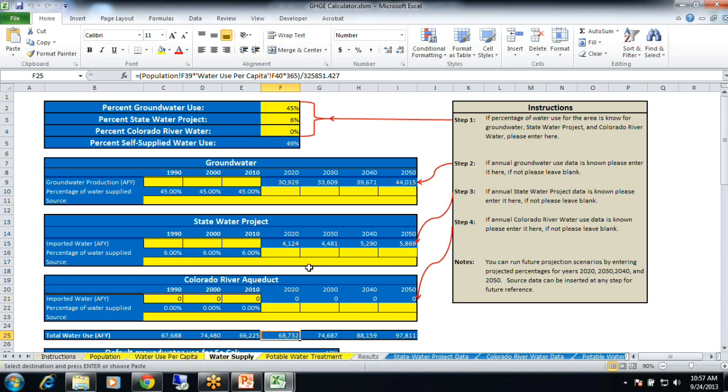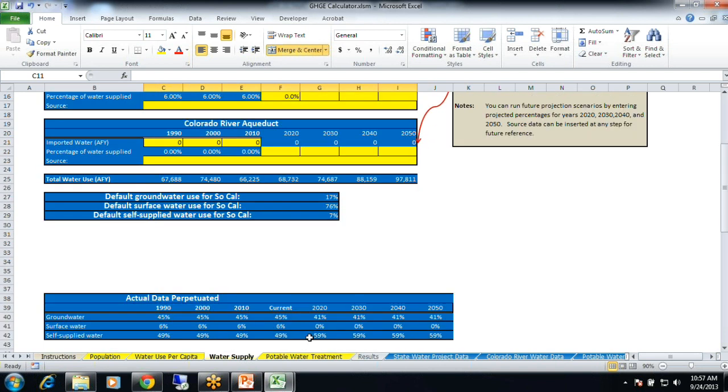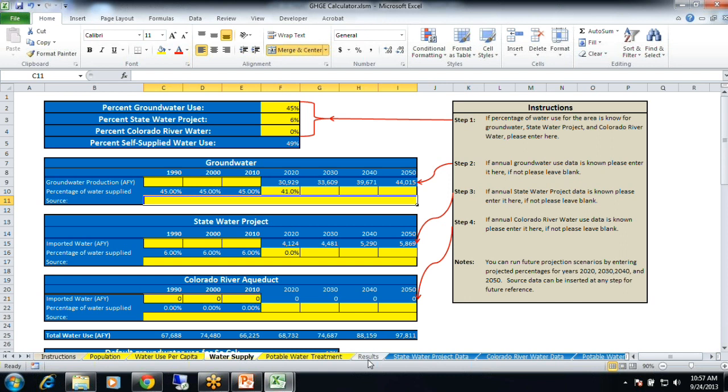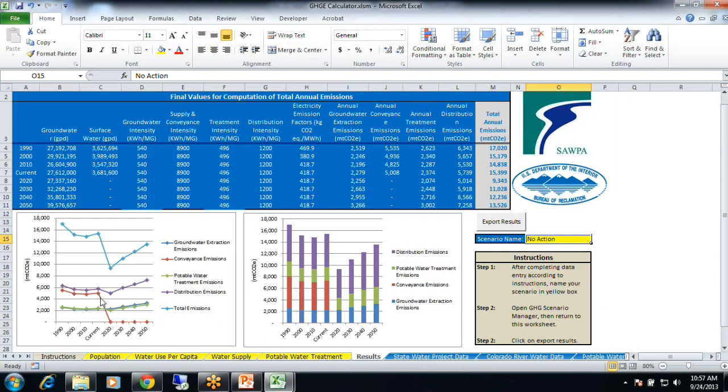But, you know, I have faith that their high expectations of this project may come through. So we'll change the water supply portfolio and say, okay, that means this is going to go to 0 because they're not going to have any more imported water. This is going to reduce by 4%, so they're going to go to 41%, and that makes their self-supplied water go up, as you see here, by 10%. So looking at your results, wow, like I keep reminding you guys, imported water just has such a huge greenhouse gas emissions footprint. So it just drops to 0, and that really, really changes things.